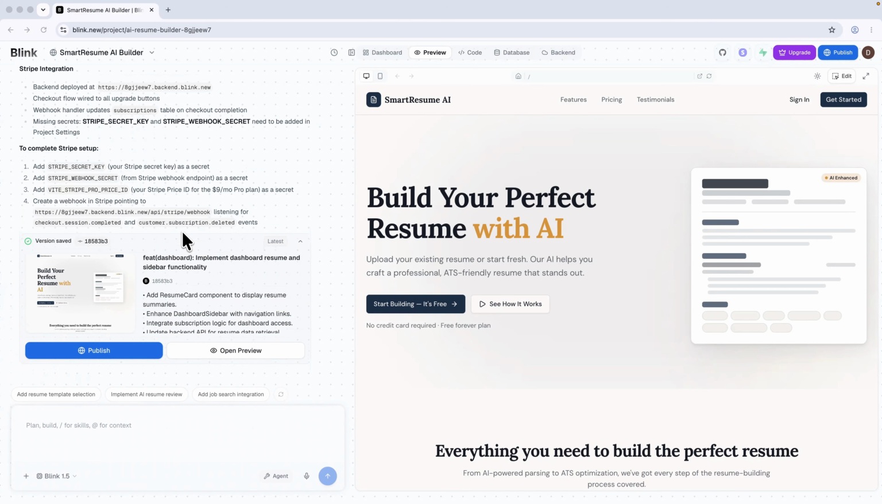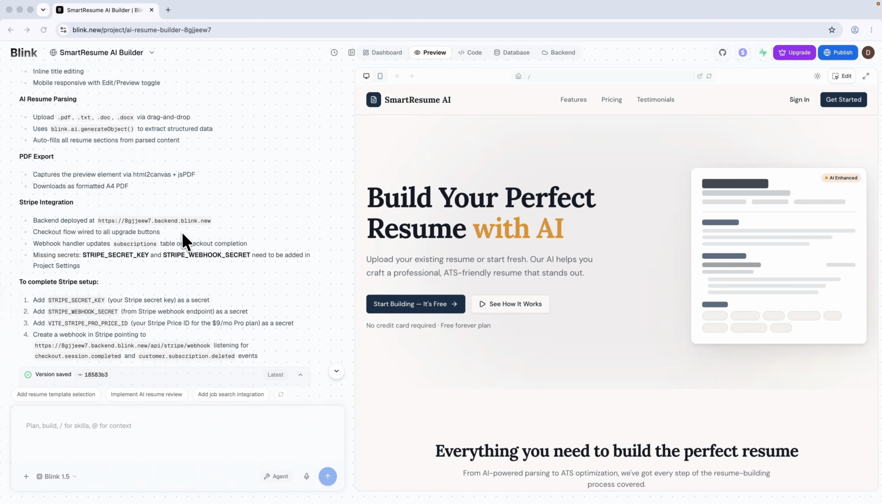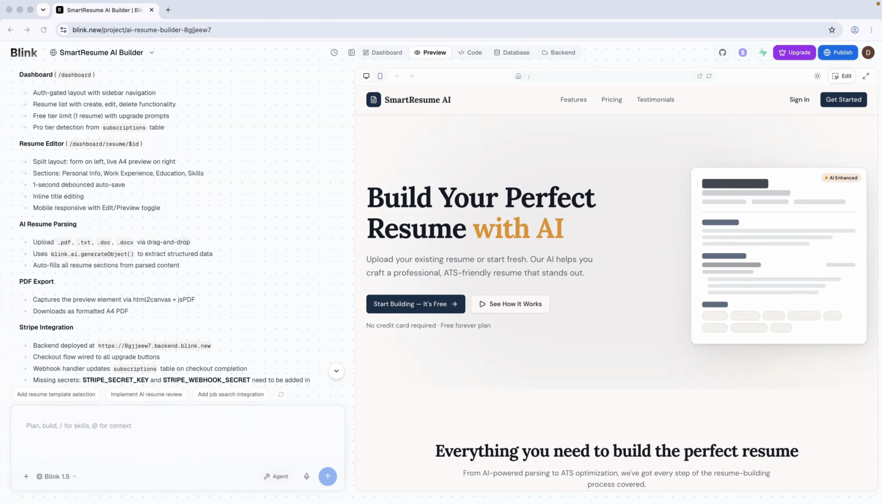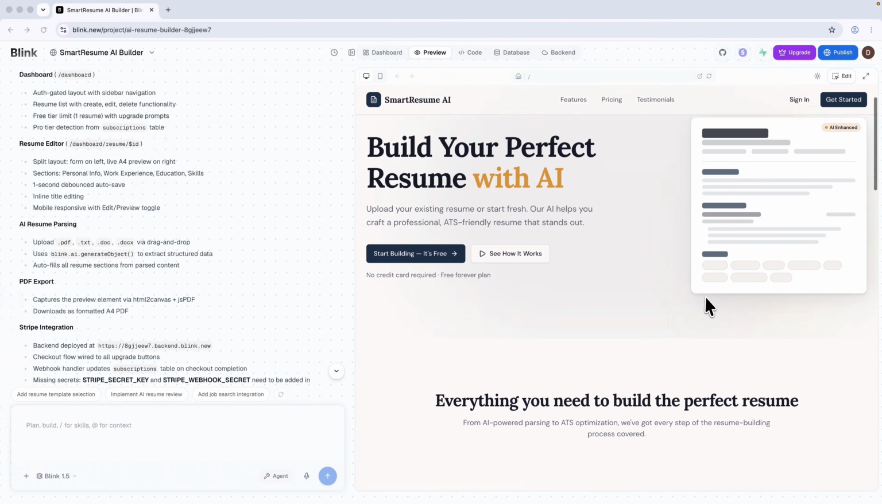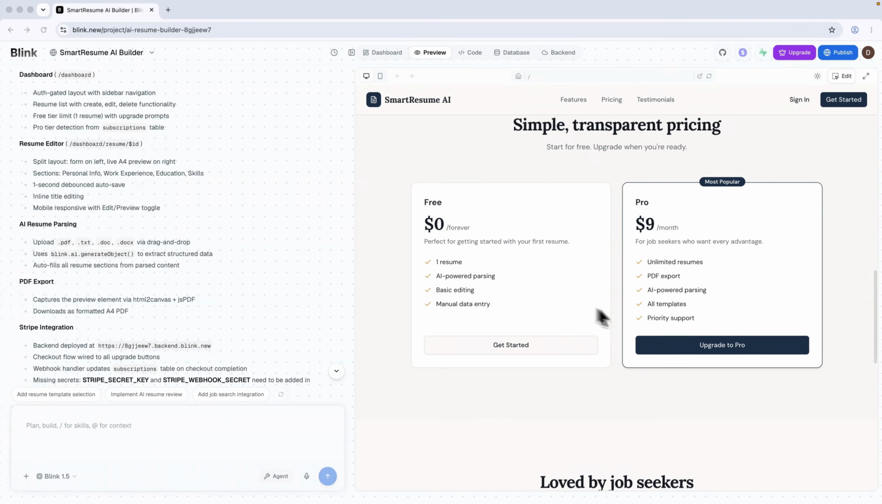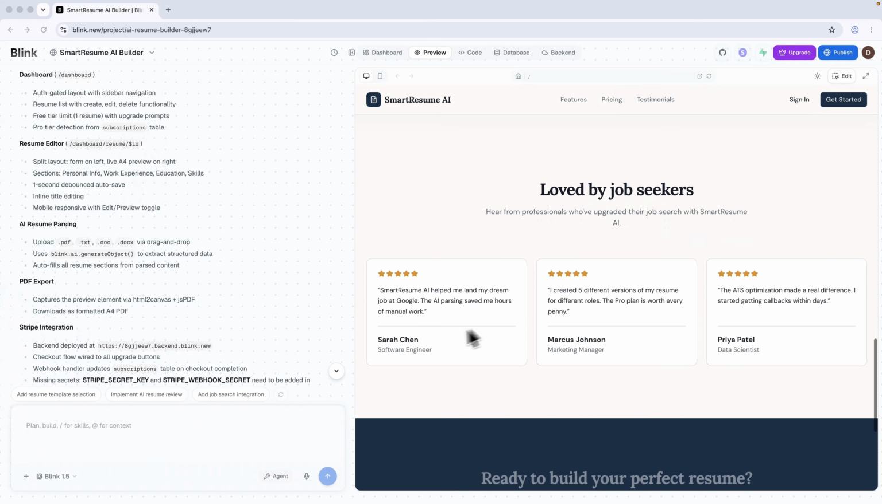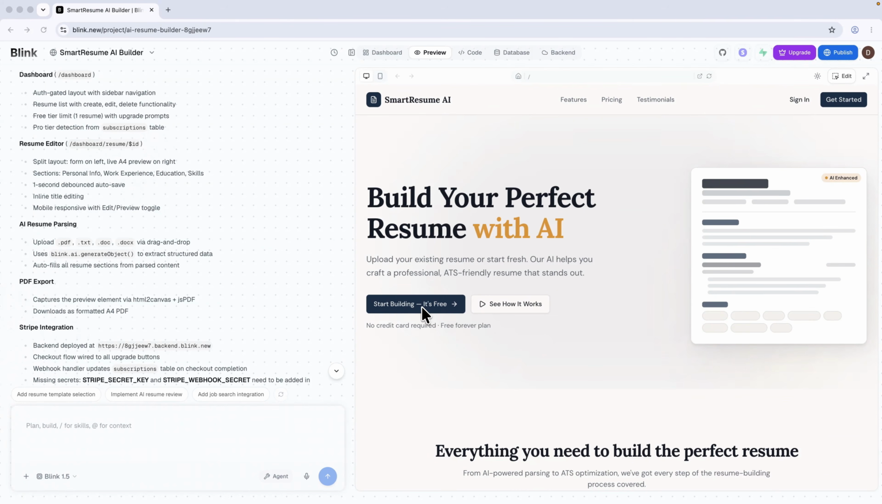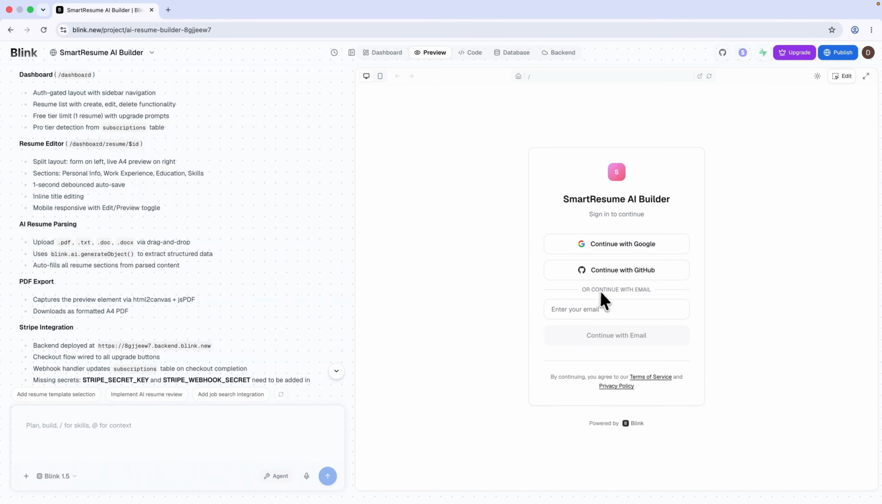It also set up the database, authentication, backend, security, basically everything you need to actually use the app. So right here we can see the landing page. It used a very clean design and it looks great. You have the pricing plans right here, some reviews right here that we can fill in, and if you click start building, it's free. It's actually going to take you to sign up where you can use Google, GitHub or